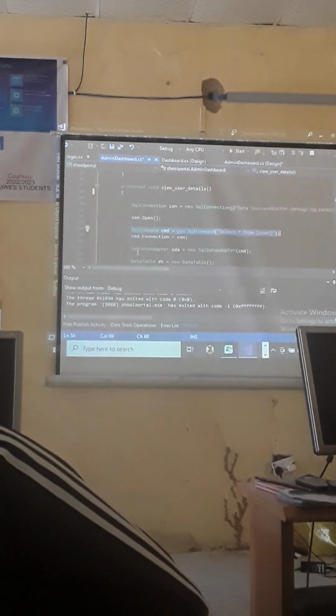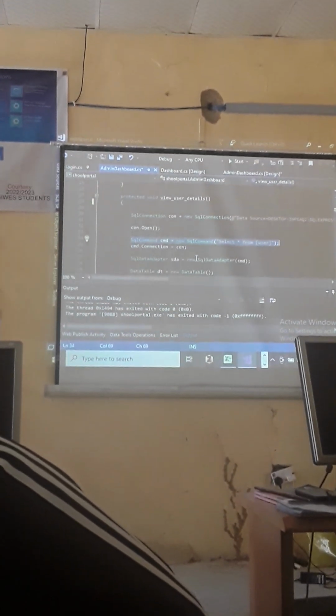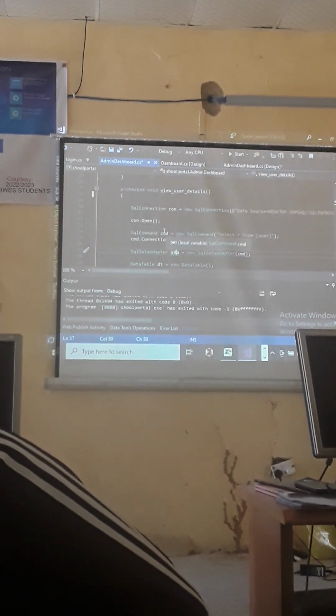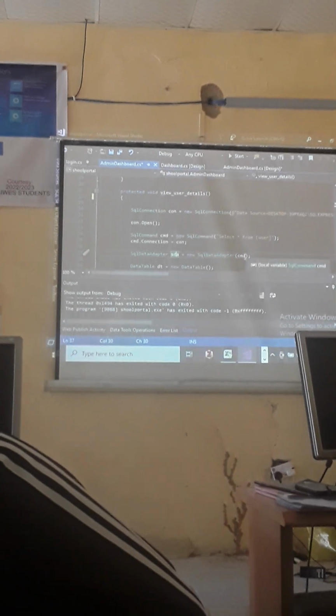And then we use SQL data adapter as a class and we instantiate it. And we pass the connect object into the adapter. And then